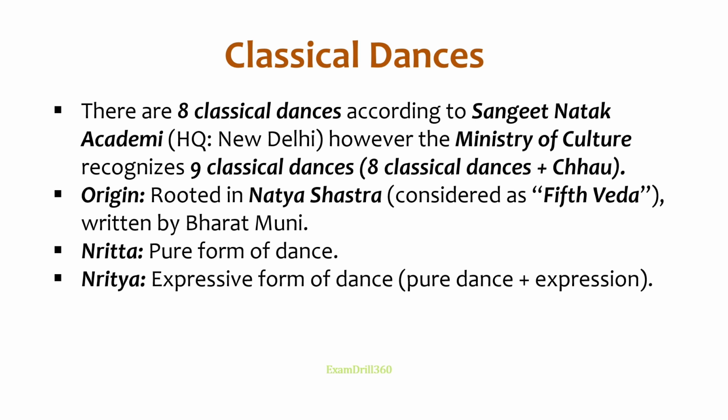It is often referred to as the 5th Veda because it combines music, dance, drama, and spiritual elements. The Natya Shastra provides the basic rules for movement, expression, rhythm, and performance in classical dance. According to the Natya Shastra, classical dance has 3 main components: Nritta, Nritya, and Natya. Nritta refers to pure dance where the focus is only on rhythm and technique without any expression. Nritya is the expressive form where gestures and facial expressions are used to convey emotions and stories. And Natya involves dramatic representation and is mainly seen in dance dramas.